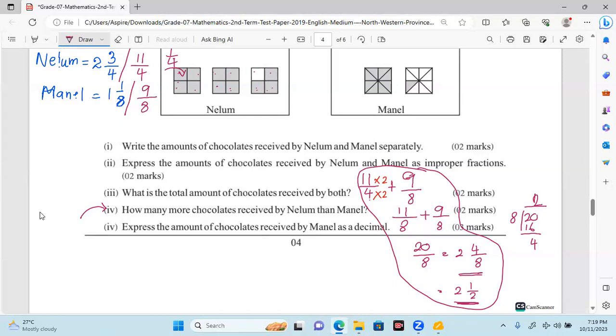We have to subtract the amount received by Manel from the amount received by Nelum. The amount received by Nelum is 11/4. Then it is subtracted by